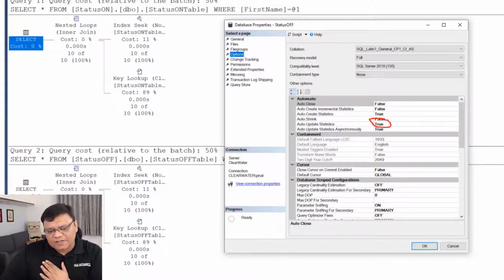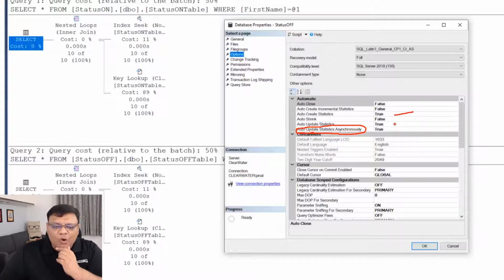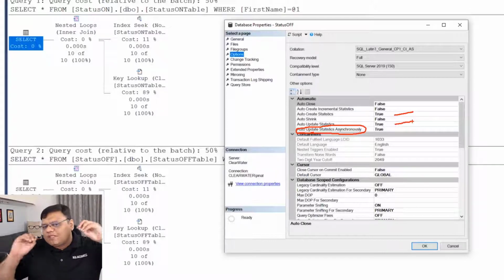For that, you have this setting. These have been there for years in SQL Server. But auto update statistics asynchronously is a very interesting thing. Why do people keep this off? They keep it off because of this one behavior.